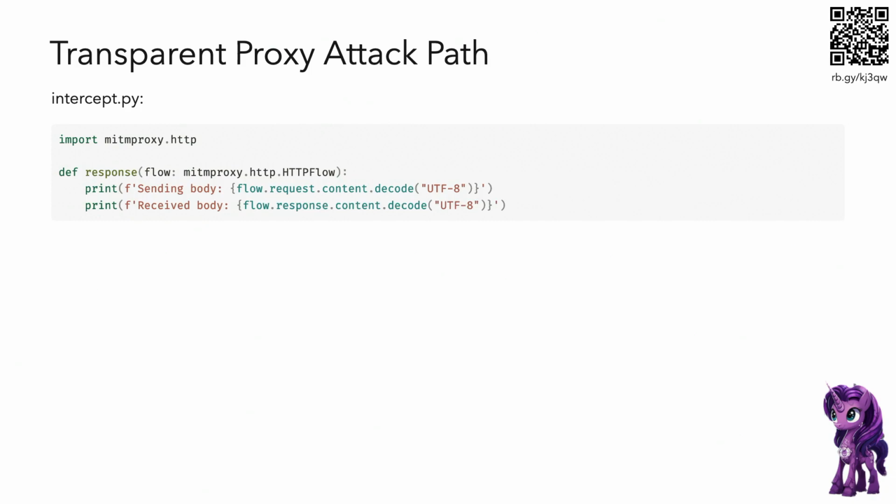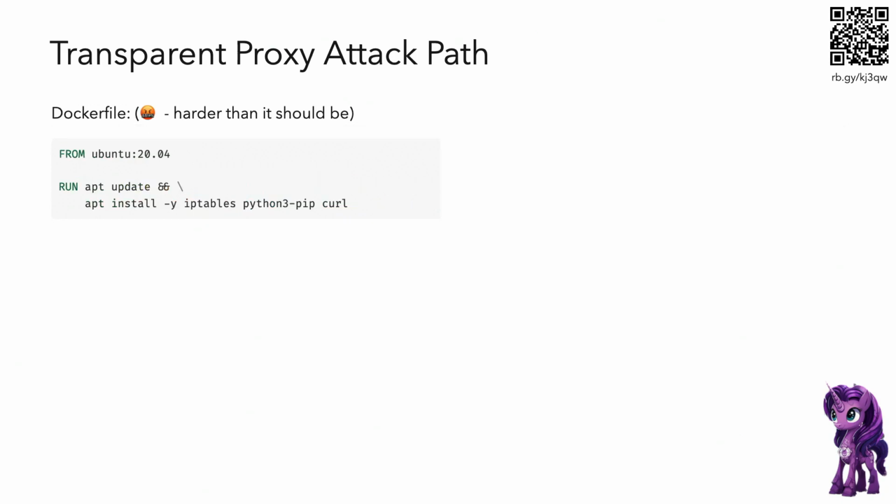All we have to do now is get the damn thing set up. And I gotta say, doing this in a Dockerfile, oh God, I was cursing, because I had this all working on my own machine. I was like, oh yeah, for the talk, I'll just throw in a Dockerfile. And I'm up to 11:30 going, does it have to be this hard? So you've got to get iptables installed. You're going to need Python and pip. Pip is the package manager to install things.